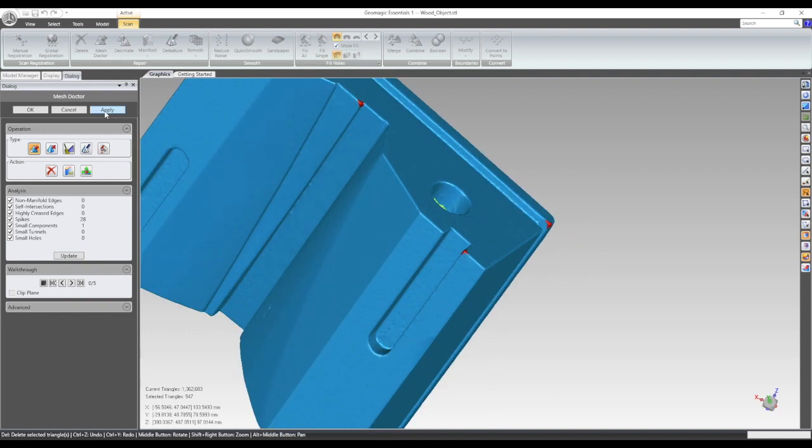If we click apply, then the software is repairing our STL file, and after that we should have 0, 0, 0 on analyze. If not, we can repeat it until all errors are solved. Now you see everything is 0. So we click on OK to leave the function